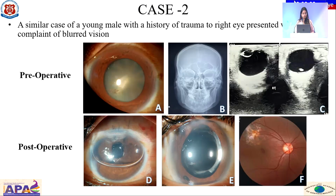A similar case of a young male with a history of trauma to the right eye presented with a complaint of blurred vision. On examination, we found a sealed corneal tear at 7 o'clock position with traumatic cataract. In the radiology, a radio-opaque, hyperechoic material was seen inferiorly over the surface of the retina. On cataract extraction, we found a pre-existing central posterior capsular tear present,